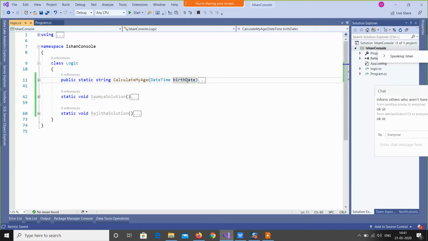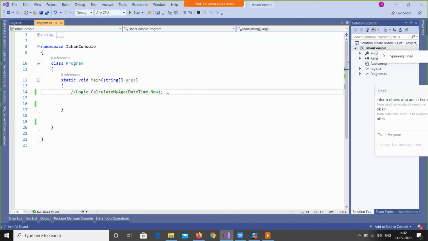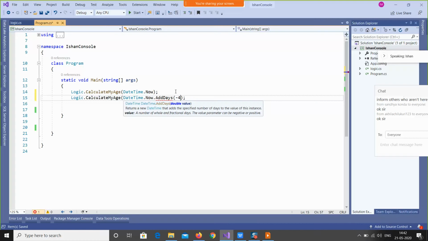If I just pass any birth date into my solution, it will give me the count, while Somya's solution is limited to her birthday only. Same about Ranjita's one. It can take only one date of birth at a time, but my function can tackle any birth date.